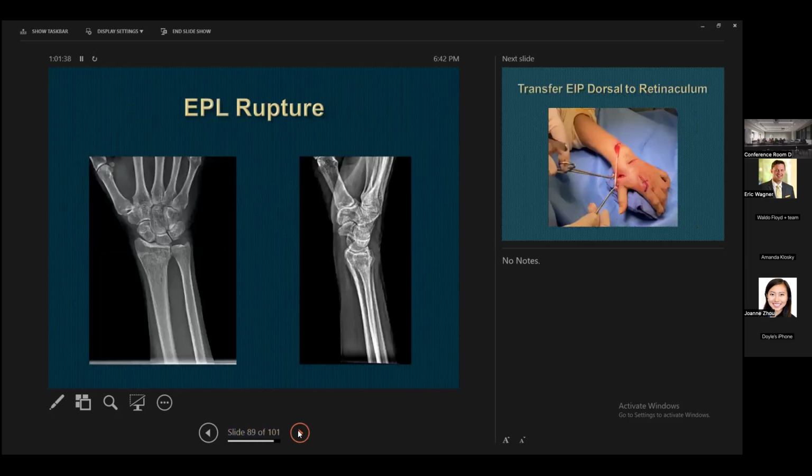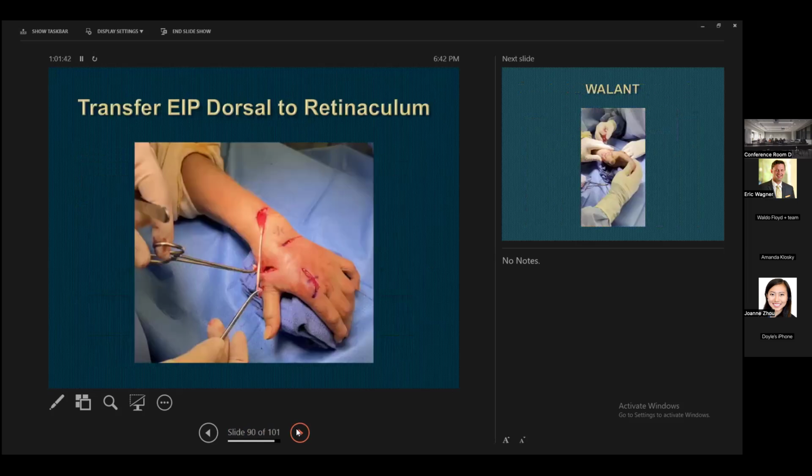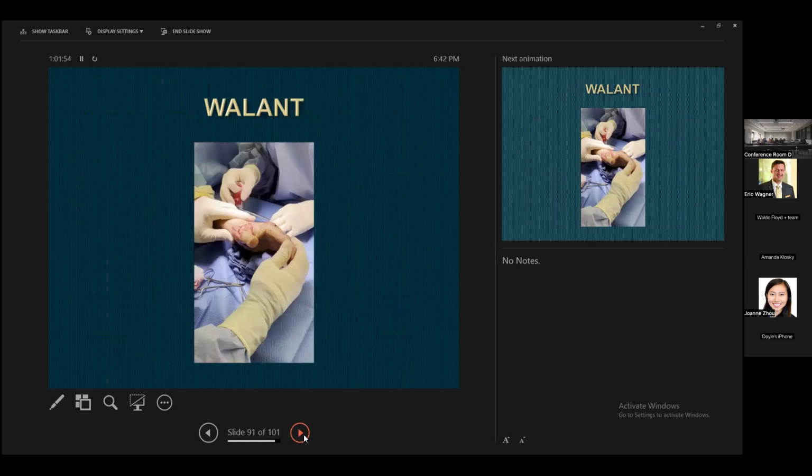And this is an X-ray of one of my patients. And I like to take the EIP dorsal, take it back proximally, rather than doing the transfer, just moving it from here to here. Take it back proximally so you come back dorsal to the retinaculum. And now that we're in the days of WALANT,